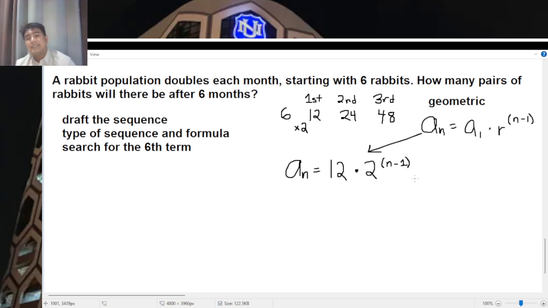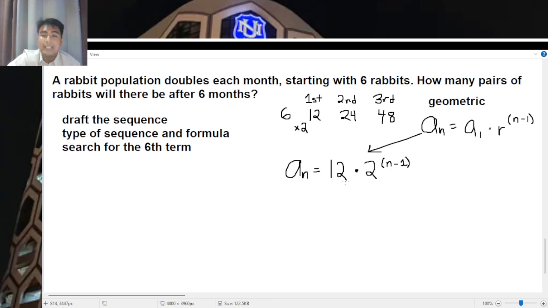That's the formula. If you are wondering, sir, why not 6? That's the 0th month. No month has started yet. But in the first month, they double. So for the first month, we take the number in which they doubled already, which is 12. I hope that's clear to you guys. The first term would be the first month, which is 12.